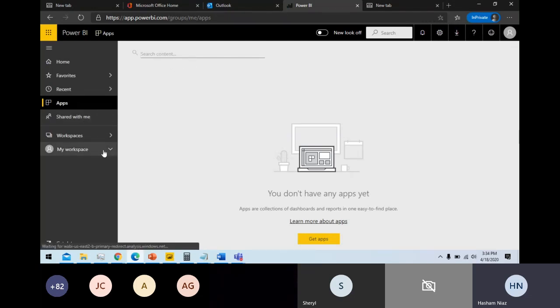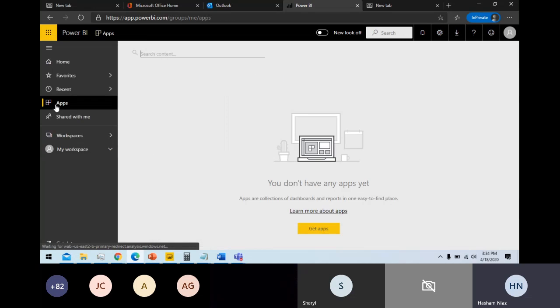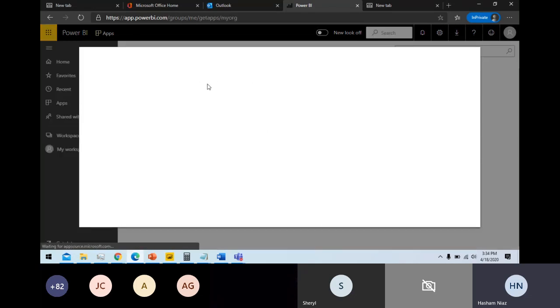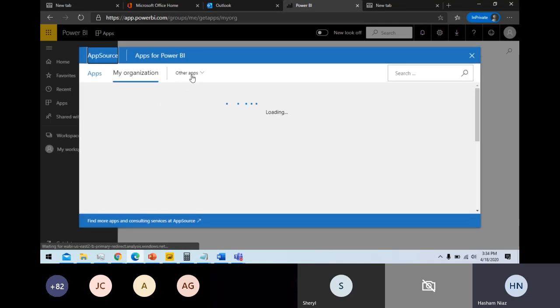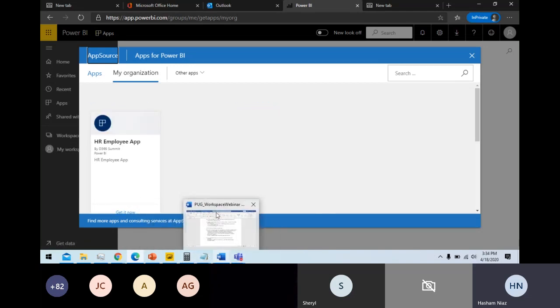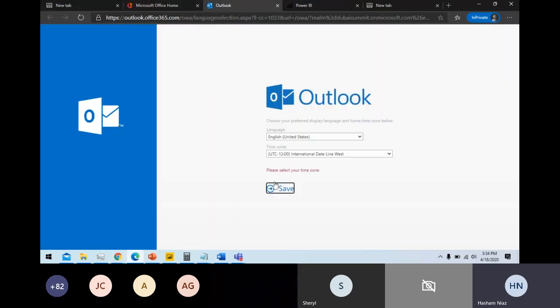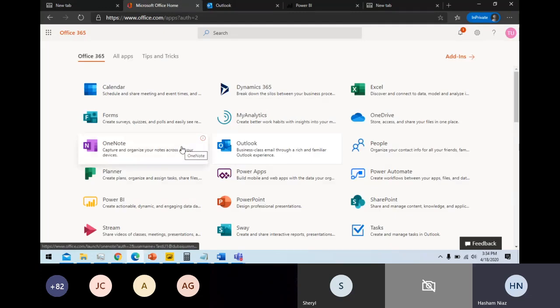Okay. Since I have been shared with the workspace, so I have access, but I don't have access to the app. Even if I go to get apps, my organizational apps will not show this Power BI Saturday app. Now go back again to the security group, because we have created a group, but we don't assign users to this particular security group. So what we need to do is